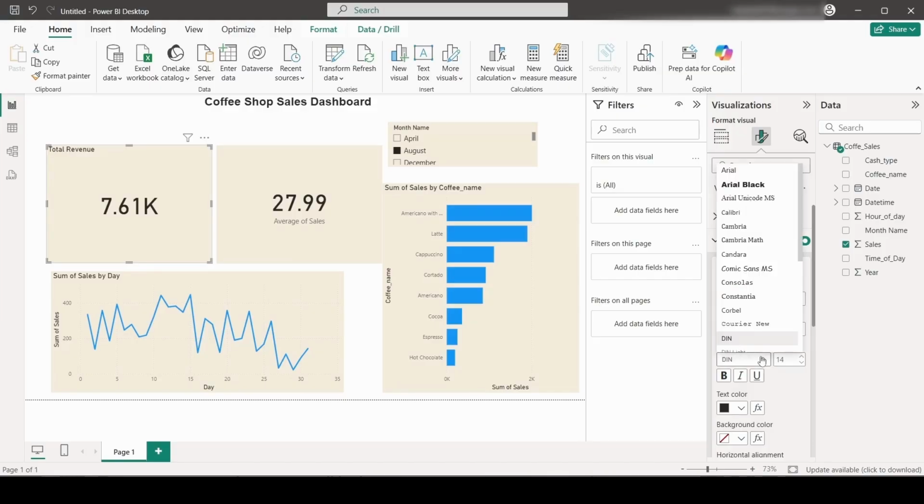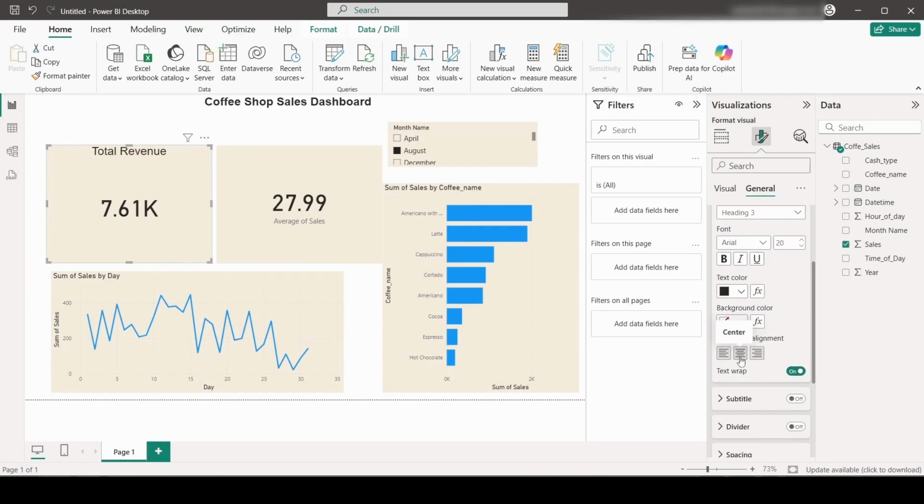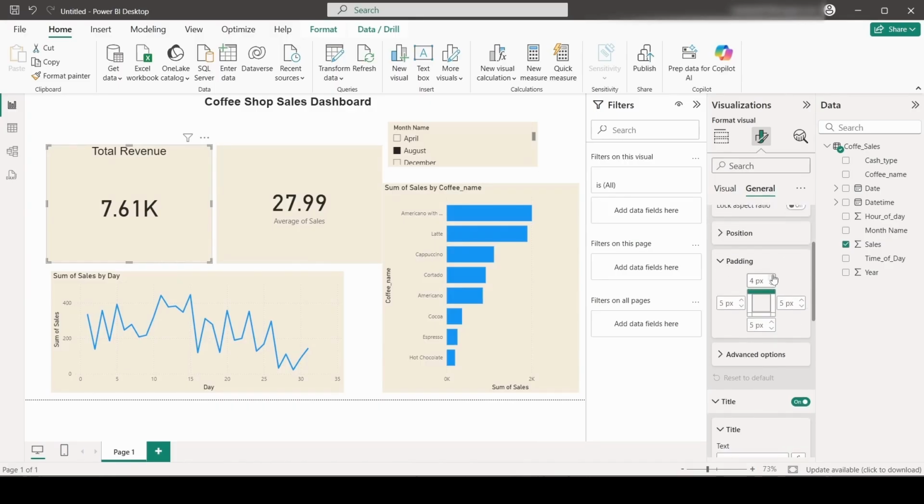and I also want it to be Arial, and I want it aligned at center, and I also want this padding to be increased. I'm giving it 15. So now, yeah, we have done this,